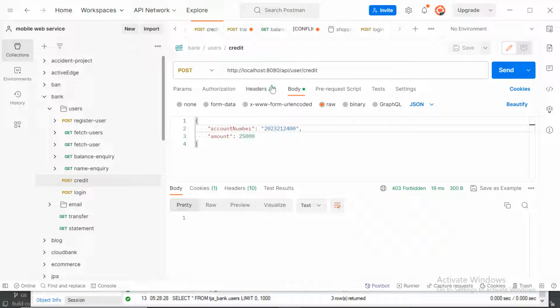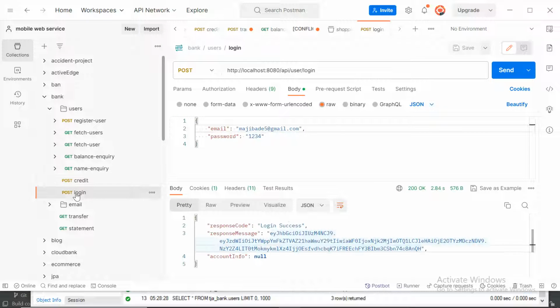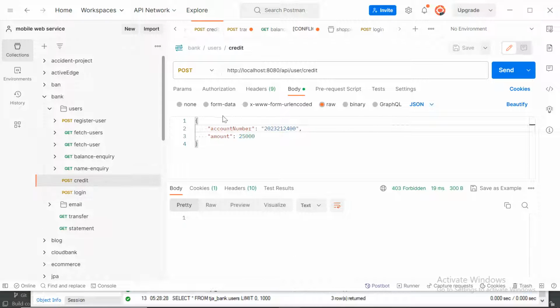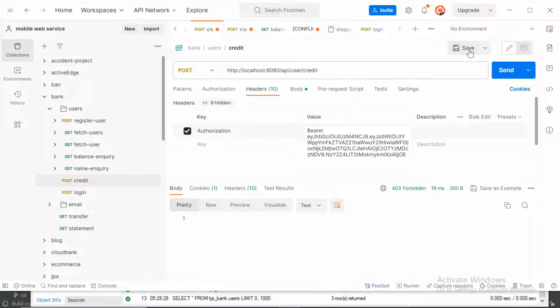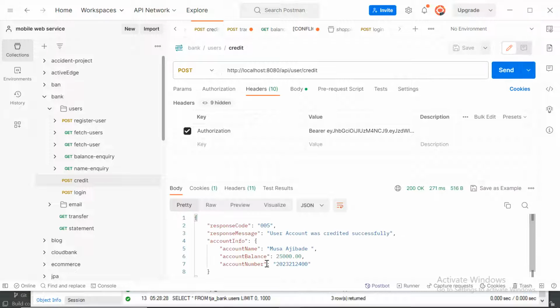So what it means is I need to send this token that was generated here, right? I need to send this token together with the request. That's the essence of the JWT, so the user is recognized and is traceable. So in the header here, I'll just add authorization, then begin with the word bearer, and then this. Then send. So now you see that I've been able to successfully credit the account. This is basically the gist behind